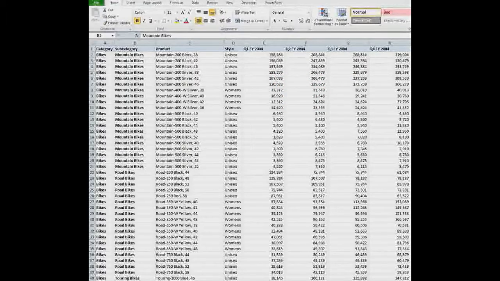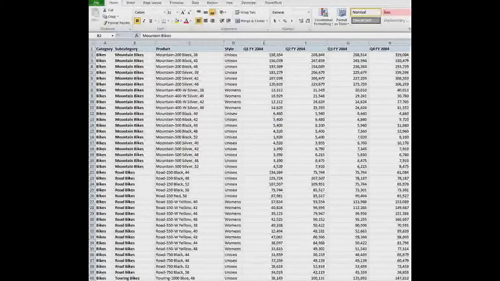Here's an interesting use of Excel's conditional formatting in Excel 2007 and 2010. Suppose you have a worksheet which contains a list of records, such as these quarterly sales records based upon the AdventureWorks database. And suppose you want to look at sales by size of bike, regardless of the subcategory or the